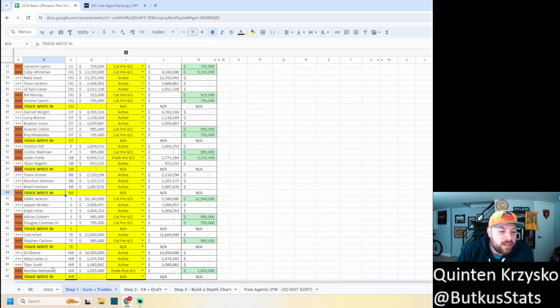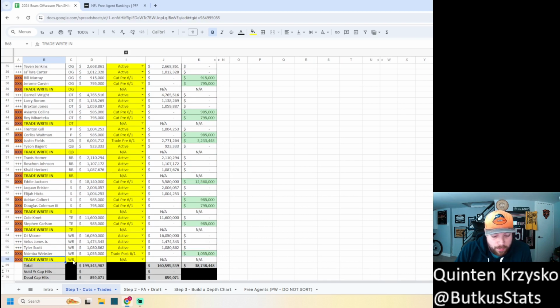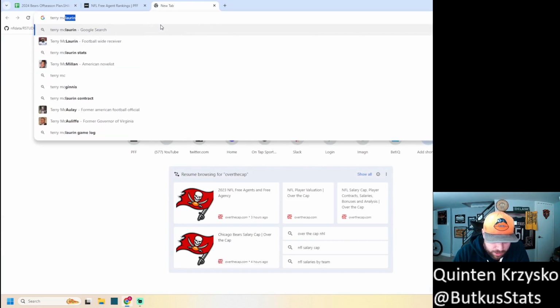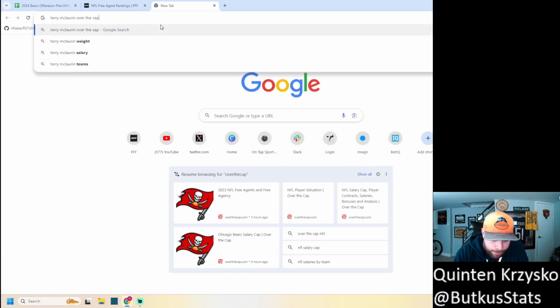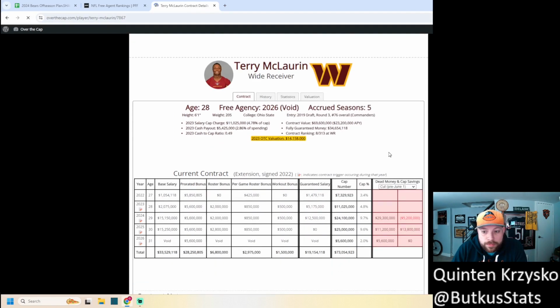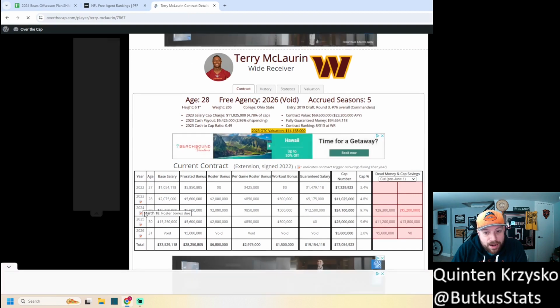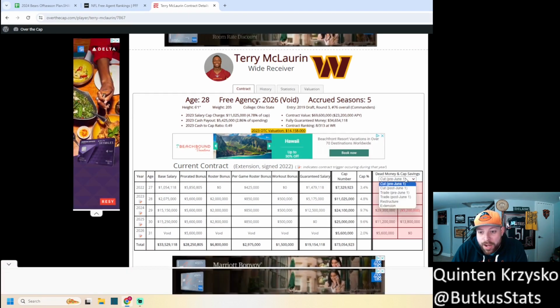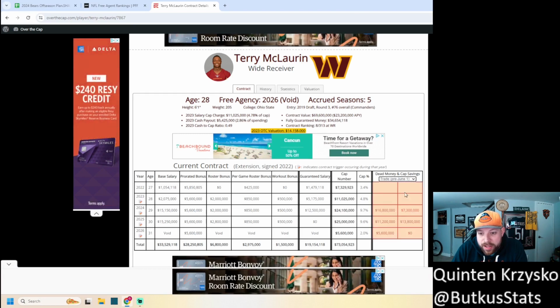So you would go into here, trade in wide receiver, type Terry McLaurin, and you go to your Google, look up Terry McLaurin Over the Cap, go to his contract, see that, okay, 2024 cap hit 24.1, but if they were to trade him,